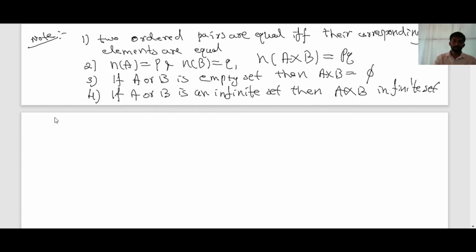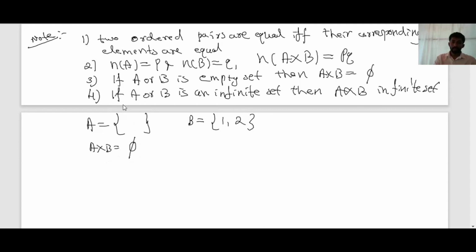Okay, if you want, I will explain here. See, suppose I am writing set A is equal to empty set, that means no element, and B is equal to some elements {1, 2}. Okay, if you want to write A cross B, how to write A cross B? A has no element. No element means you can't combine elements of A with B, right? No element into element B we can't write, right? So here simply you are writing empty set because no elements. Okay, therefore Cartesian product is empty set.